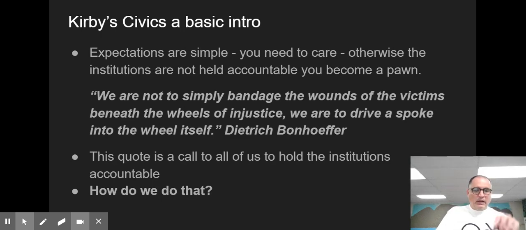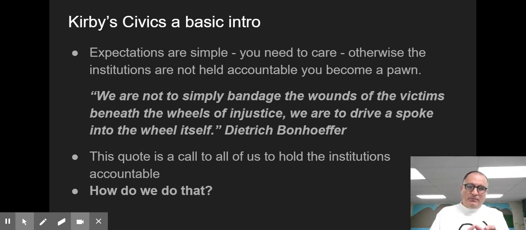When you're here in this room, in this space, whatever space that might be, that you care, that you are taking care to pay attention, to be engaged, to be thoughtful, to take seriously the power and agency that you have in this society to shape and reshape